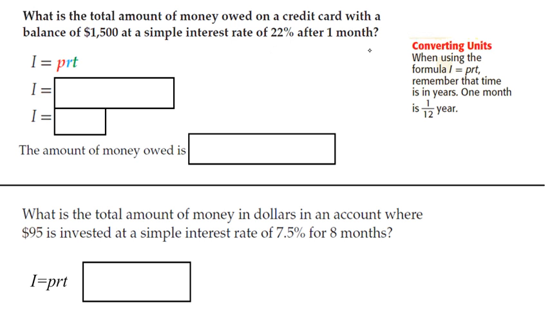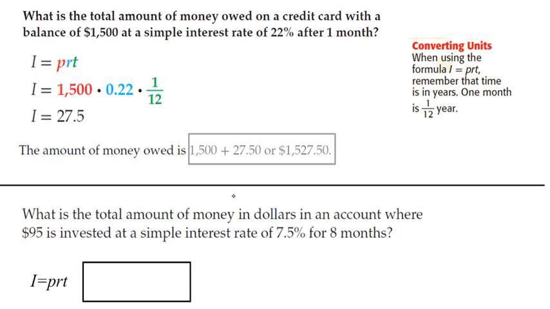Remember, the time is in years, but they give us the time in months. So there's a converting unit thing. 1 month is 1/12 of a year. So we're going to use the fraction 1/12 instead of 1 year. Multiplying those together, we take 1,500 times 0.22, and then remember, if this is in the denominator, we can just divide by 12. So our interest works out to be